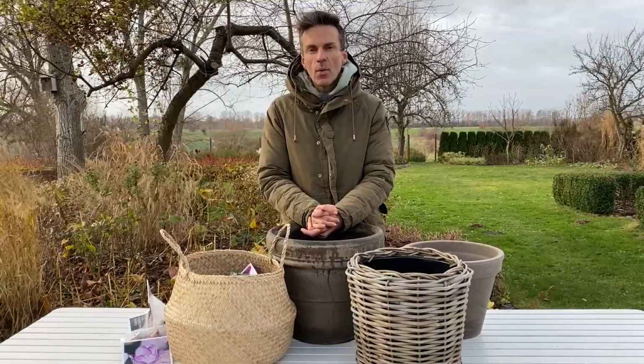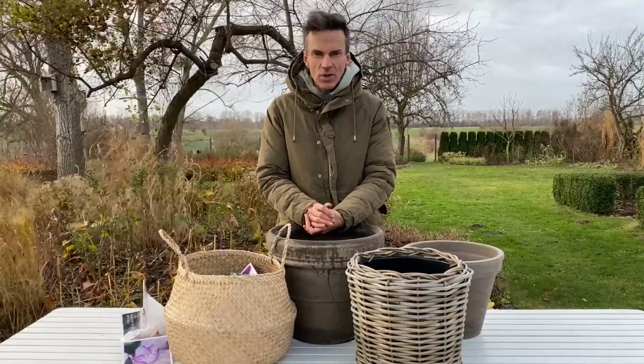If you're moving to a new property, for example, and you have no idea about what soil conditions you have, and you don't have the time to do a test kit or anything, there is a very simple way of testing how the drainage of your soil is. All you do is take a bucket, dig a hole exactly the size of that bucket, then pour a bucket full of water into that hole in the ground, and just see what happens. If the water disappears within the next couple of minutes, then you have a very well drained soil. If the water still sits in there after an hour or 2 hours, that means the drainage is not really good. And if the water still sits in there after a day, then you have a problem,